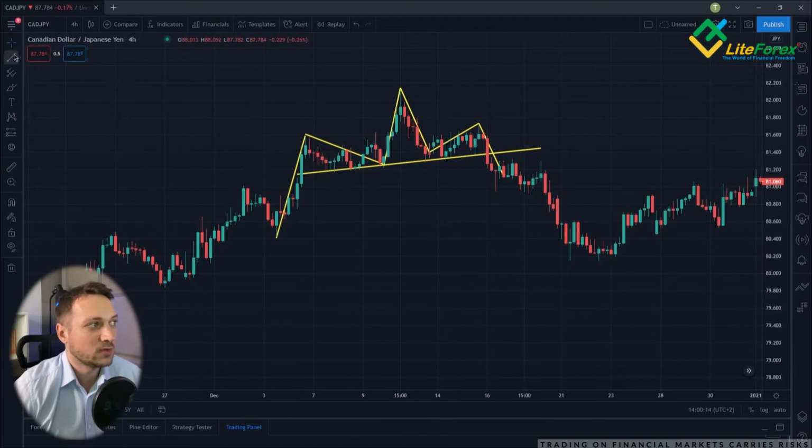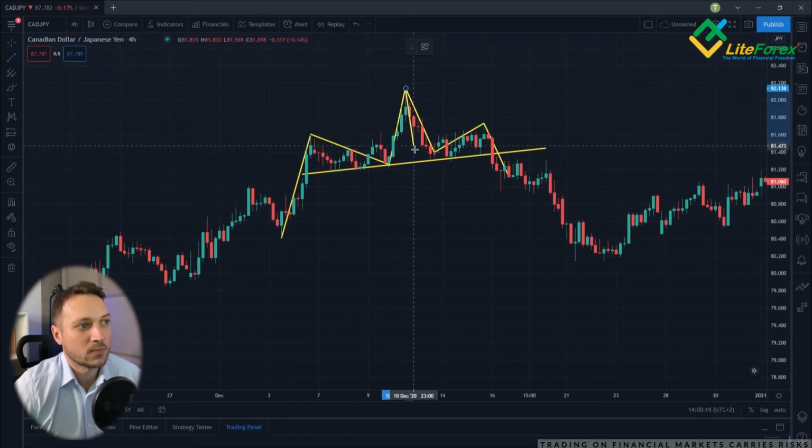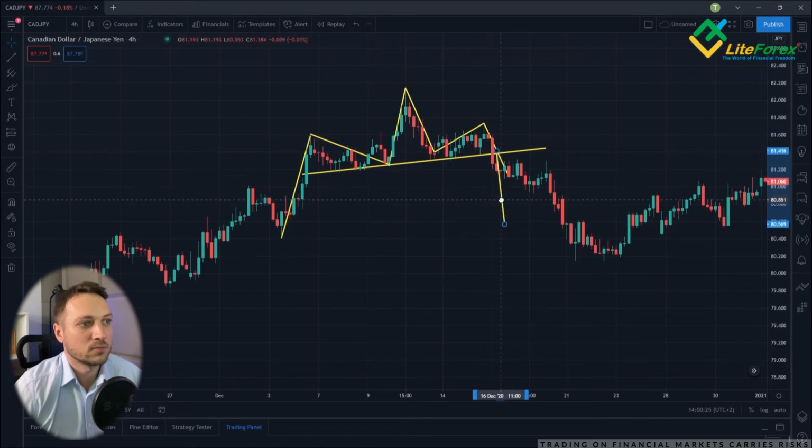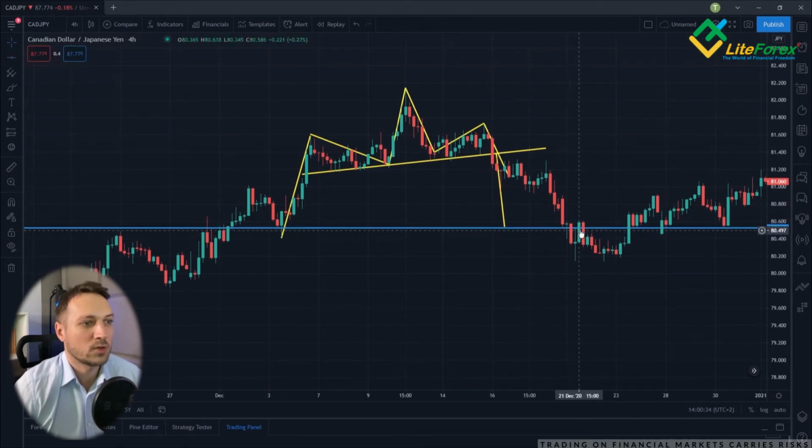The take profit is the measurement from the highest point, which is the highest level of the head. We measure it, put it down below, and here would be our take profit level. We mark it with the blue line, and the stop loss, as you probably can guess, should be a little